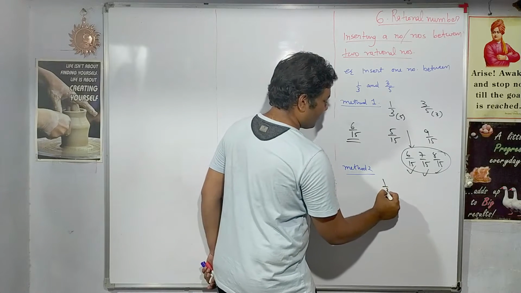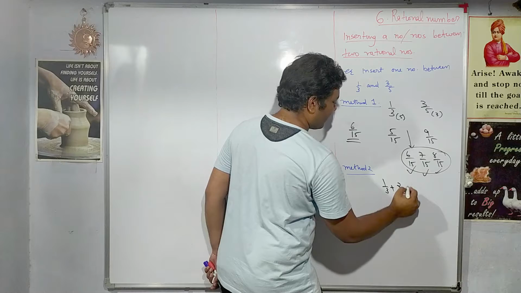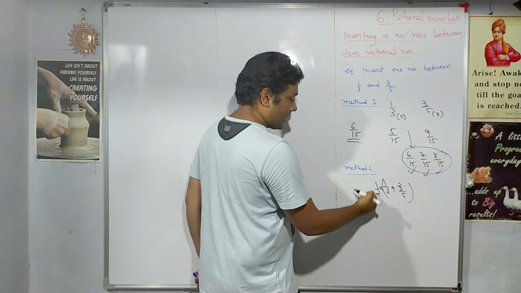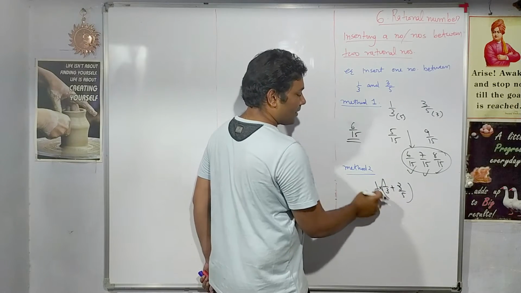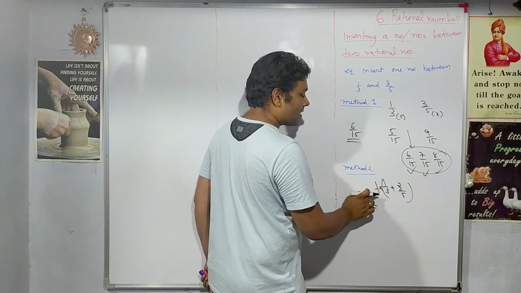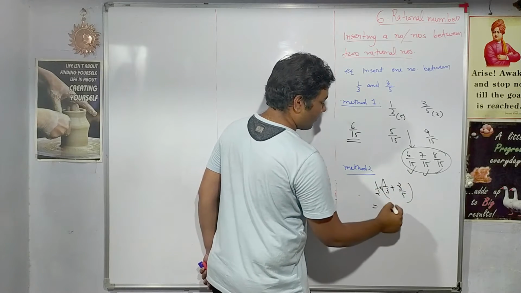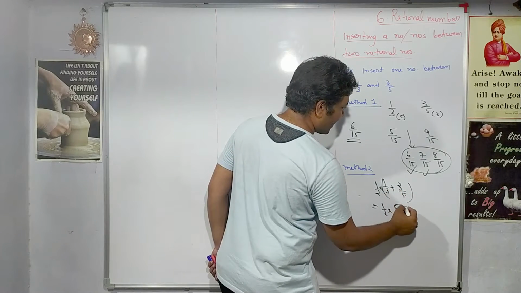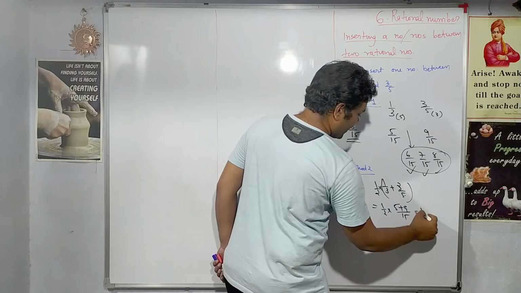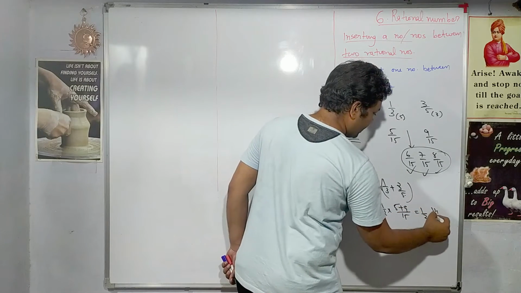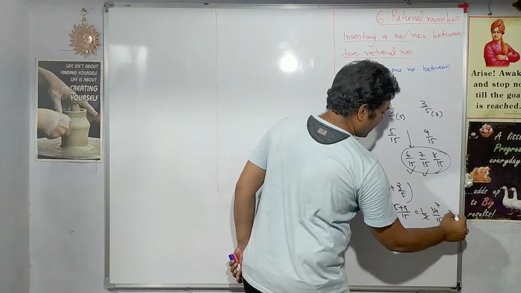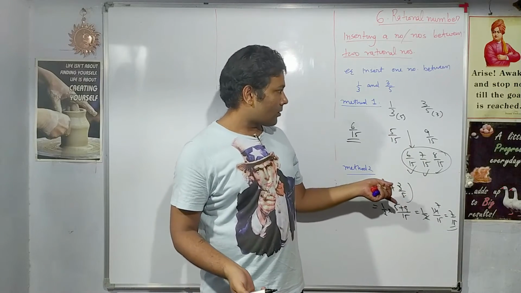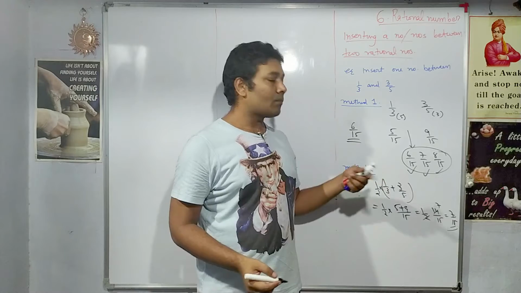This method is to insert only one number, right? So another method is 1 by 3 plus 3 by 5, and this whole multiplied by 1 upon 2. You add the two numbers and multiply with the half. So half means the middle of this. If we simplify, LCM is 15, we already know. So this will give me 5 plus 9 by 15, correct? That is half of 9 plus 5 is 14 by 15, correct? So this will give you 7 upon 15. So 7 upon 15 is also a correct answer, right? So this is method 2 to insert one number between.